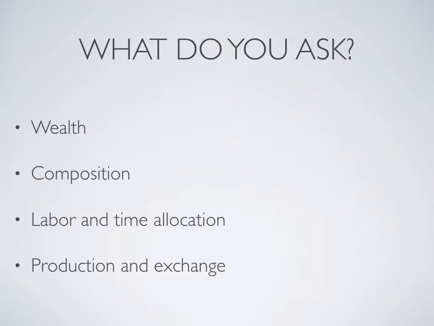Okay, what do you ask? Traditionally, the types of things that people ask about in household surveys are wealth. How do you categorize wealth? Possessions owned, type of household, income. This is a multidimensional variable that will have many different things contributing to one measurement of wealth. Household composition also. Who's in the household, how many kids, how many adults, how many of each sex, ages, labor and time allocation, what each of these individuals are doing with their time, how they're creating this socioeconomic unit.